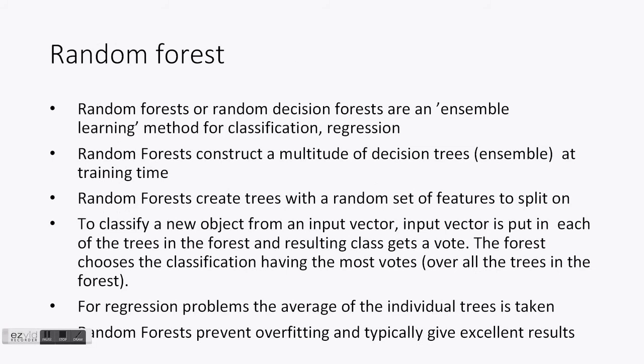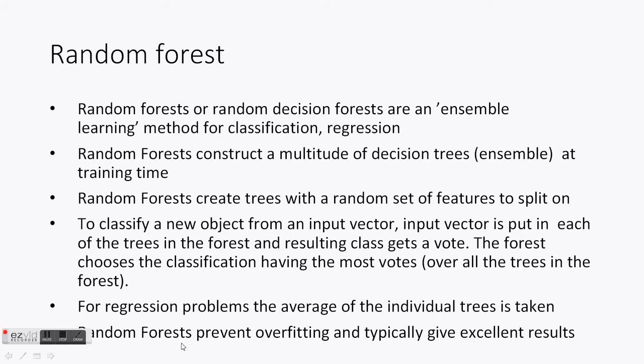Since we came across the fact that decision trees tend to overfit, we have the next set of machine learning models, which is the random forest. What the random forest does is it creates an ensemble of trees, or ensemble is just a fancy way of saying that we create a multitude of decision trees, and the random forest also selects a random set of features at each step. So it creates a multitude of trees with a random set of features. For example, if you had 100 features in your data set, maybe one decision tree will have about 40 features, another will have maybe 35 features, and the third will have 70 features. So based on a random set of features, it'll create separate decision trees, and then what it will do is